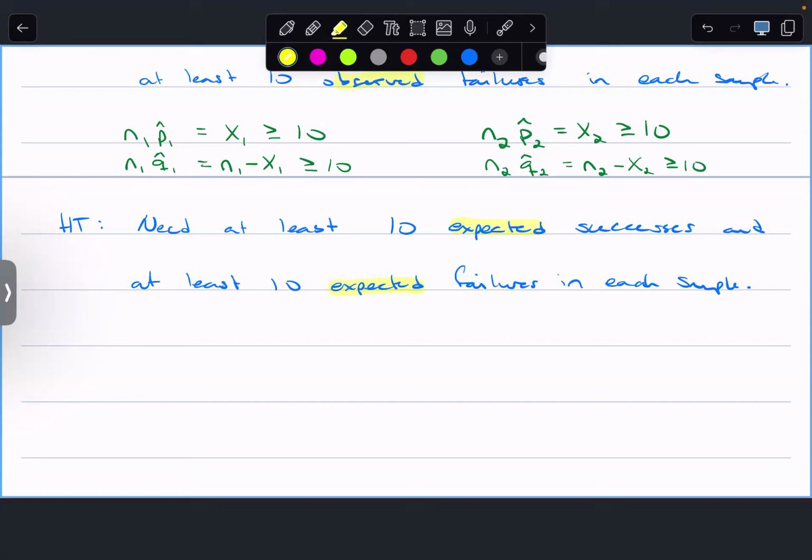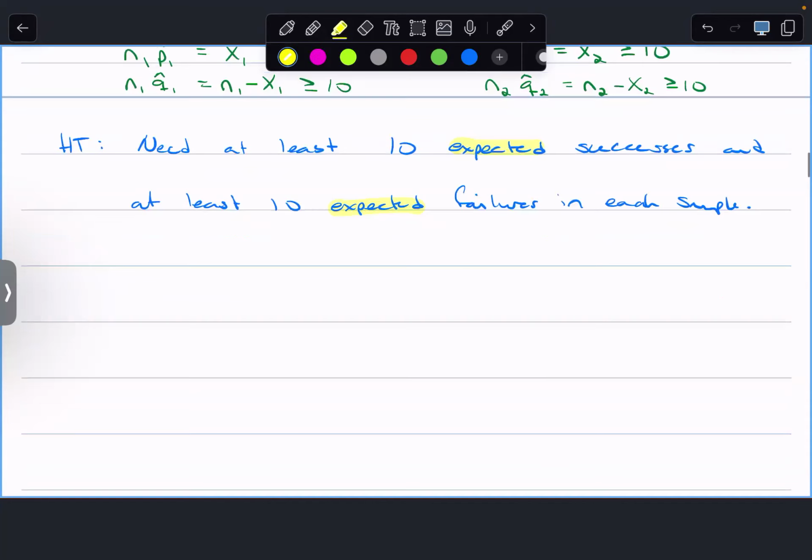If they're the same, I should be able to push them all into a pool and they can all just swim and be all the same. And so what we do is we use what's called the pooled proportion